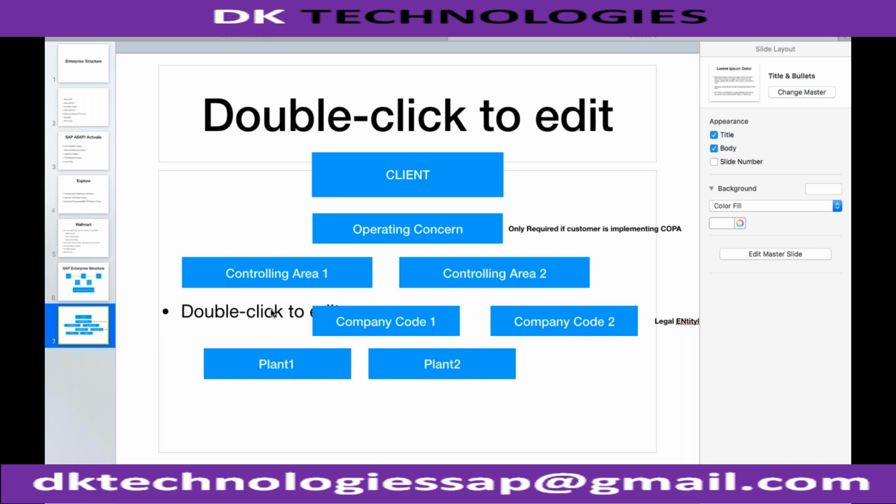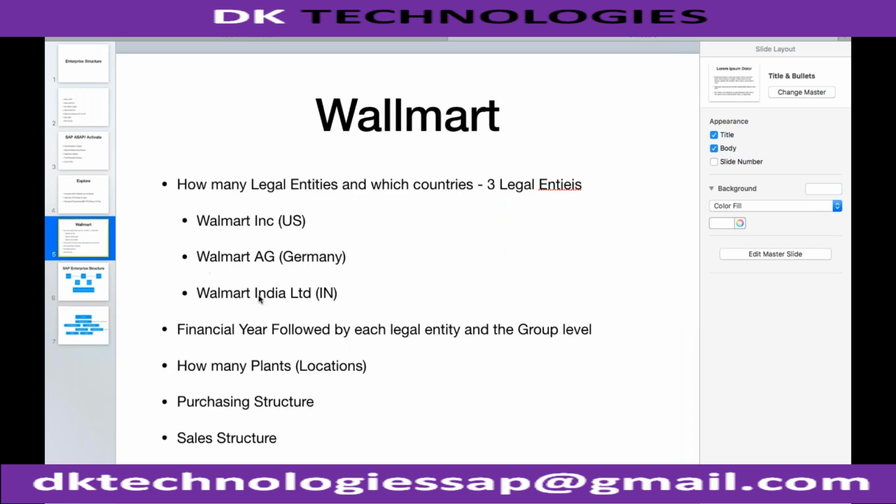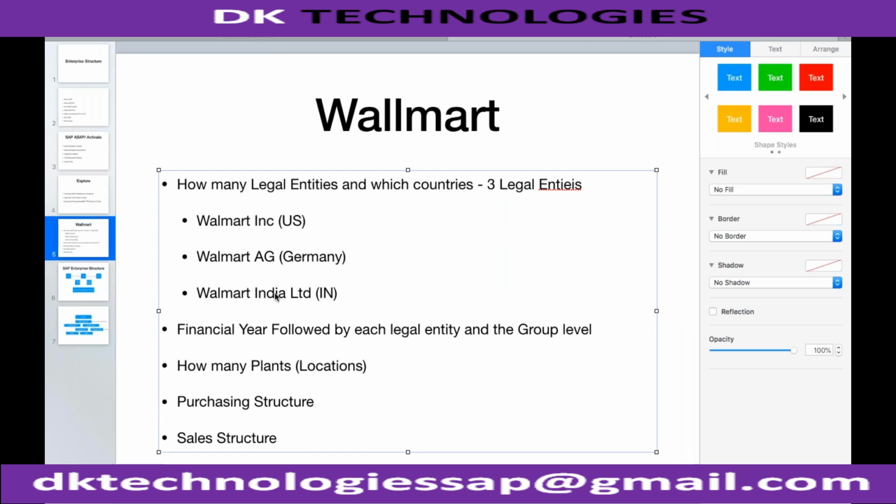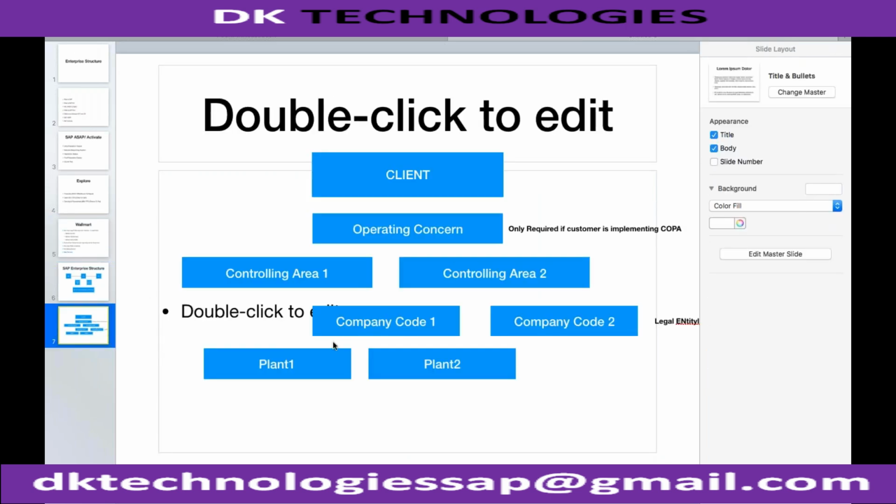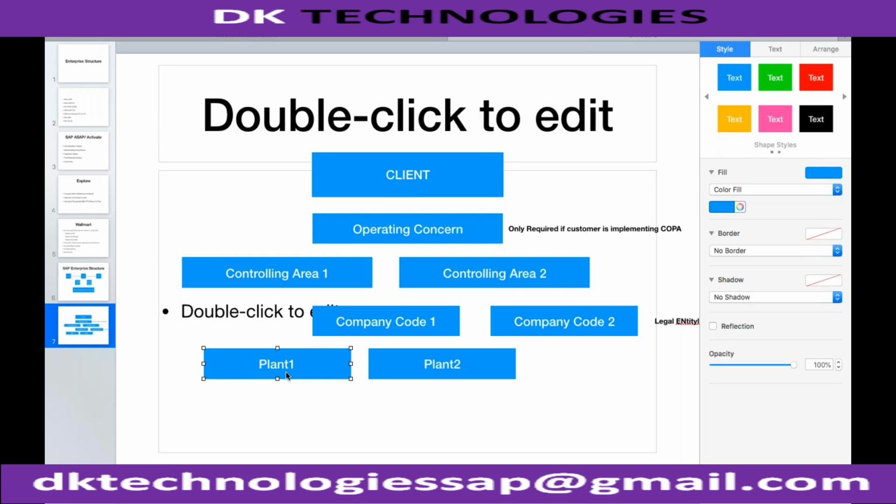So within one legal entity, there are different options. I can have a single purchasing department for Walmart India, or I can have a single purchasing department for a particular plant. So each plant has its own purchasing department, or the purchasing is done at the company code level. So based upon my scenario, I can have multiple purchasing organizations within the company code.